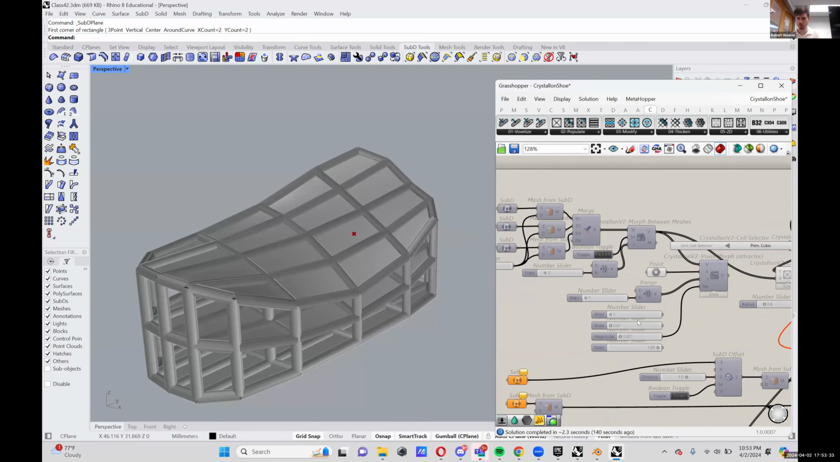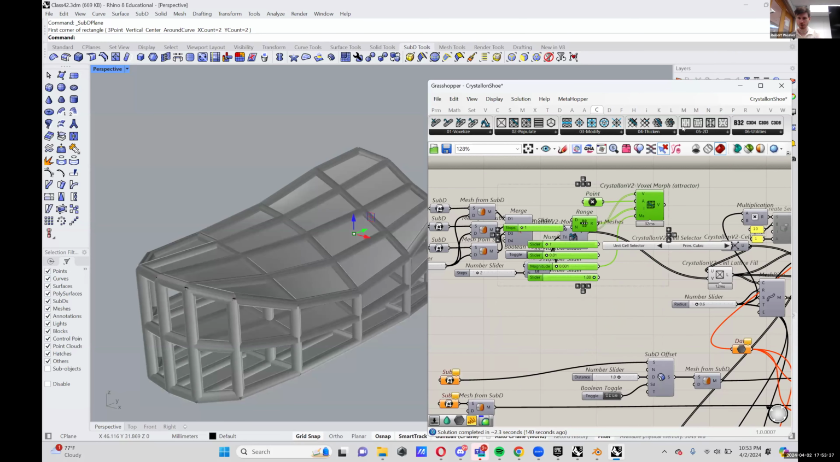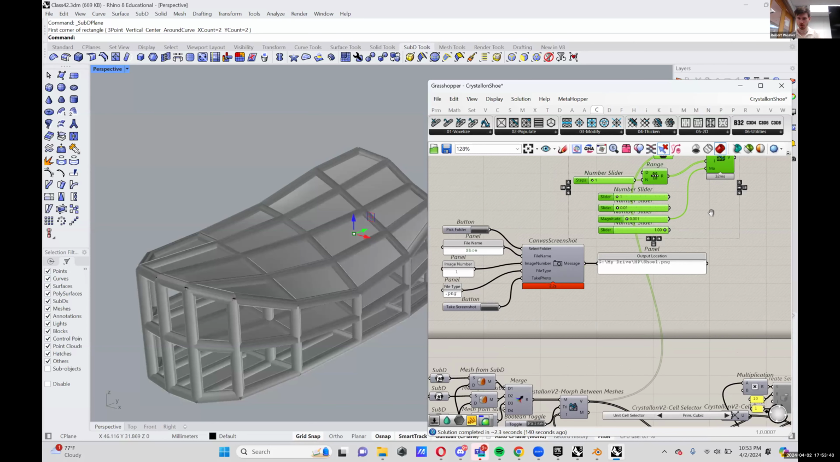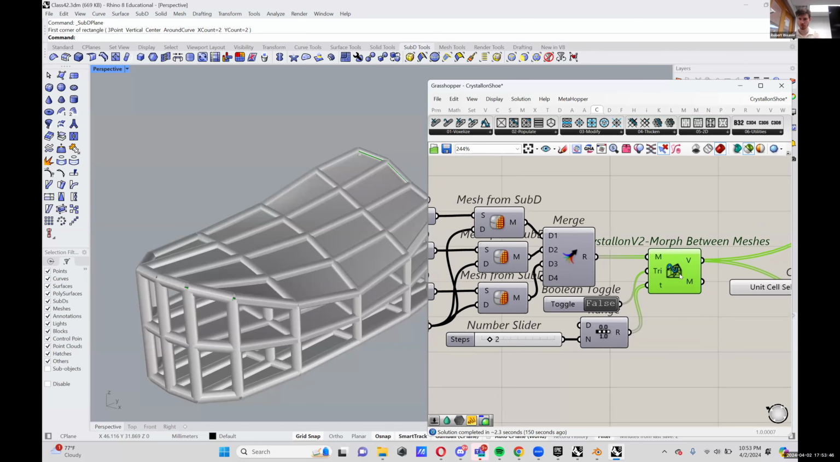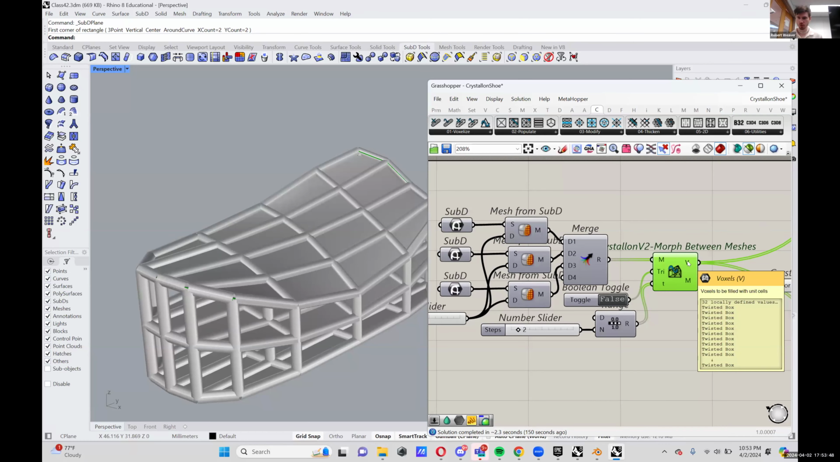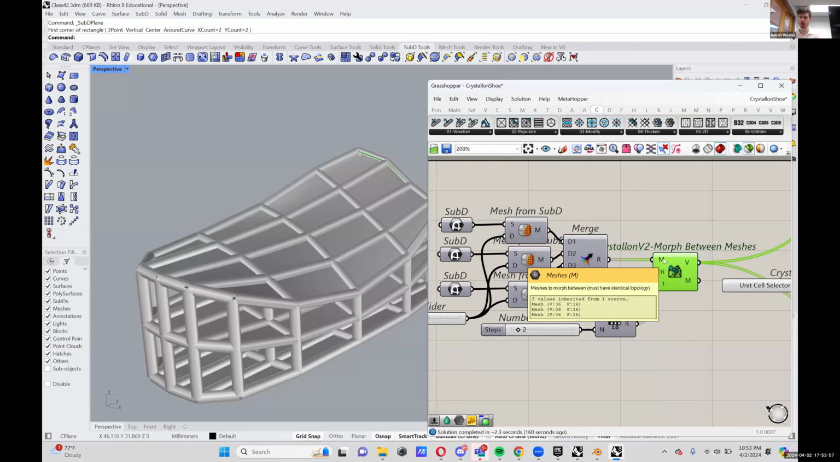Right here is the setup in Crystalon, and I believe it had an attractor point thing, which we could look at in a second, but it's pretty simple. The first one here is going to be this morph between meshes, which is just going to give us a twisted box, just like if we're using pufferfish, but these are all Crystalon components. So this one just takes your input meshes, and I believe there might be,